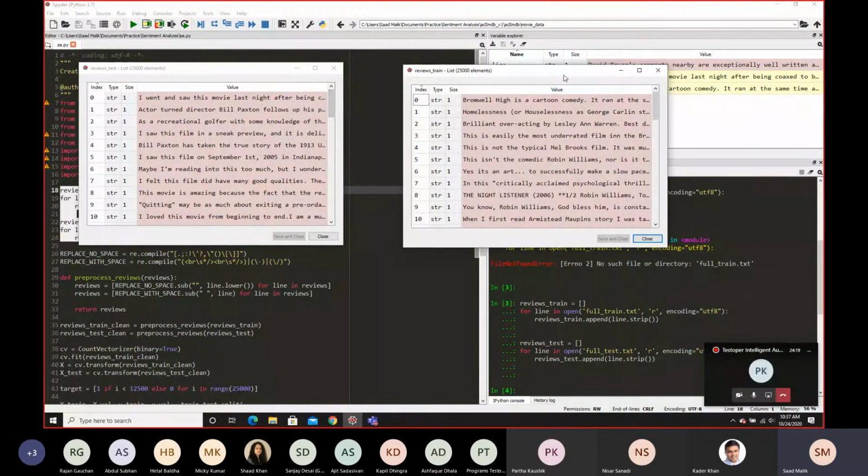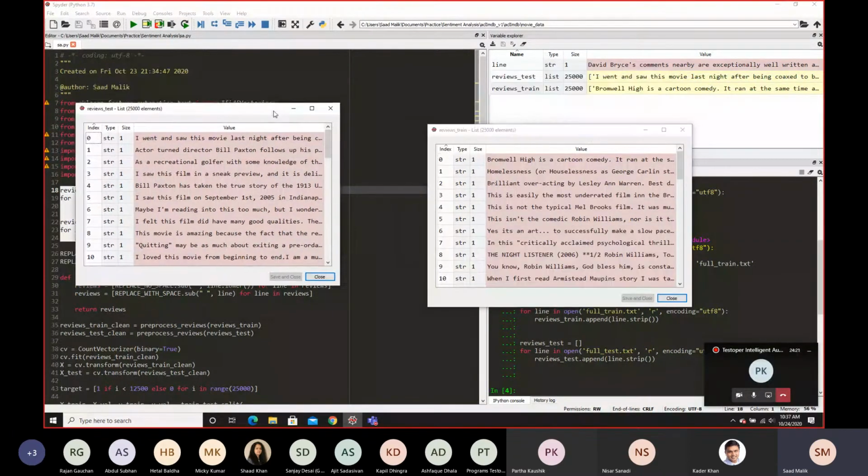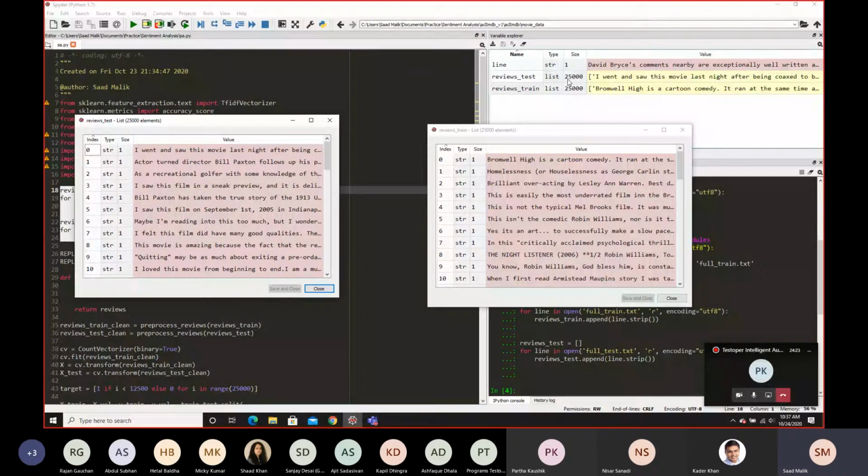And the way that they're structured is that each data set is composed of 25,000 reviews. And in each, the first half, so the first 12,500 are positive reviews, and the last 12,500 are negative reviews. So just keep that in mind. That's how the data is structured.